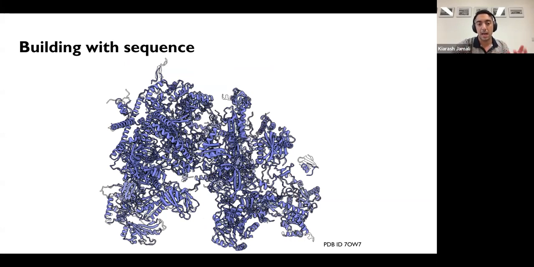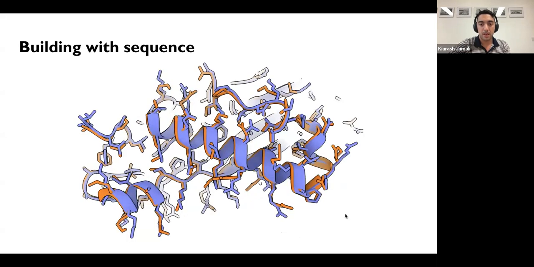The black outline is what's deposited, and the blue is what ModelAngelo predicted. And you can also see that using the torsion angles that ModelAngelo predicts for the side chains, we more or less get good side chain orientations predicted. And now the thing is, this is before refinement. So if you use Servalcat or something, these side chain orientations become much better.